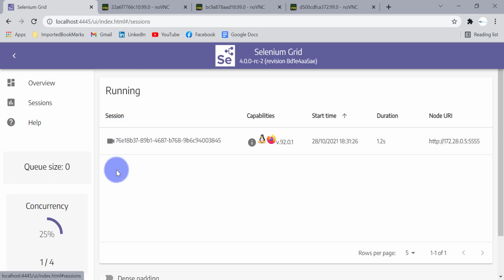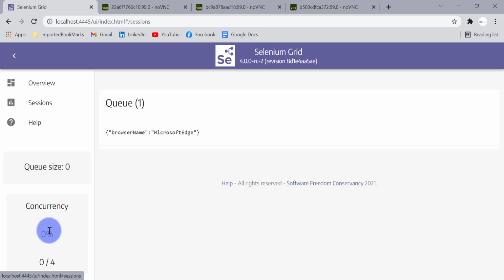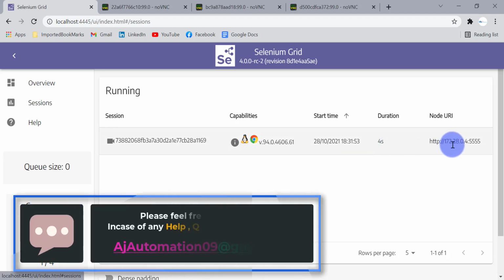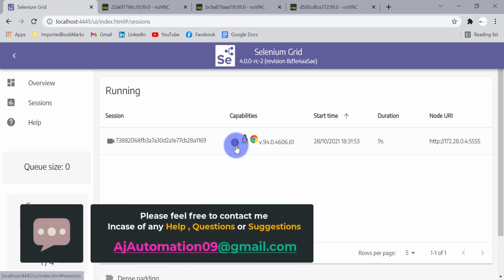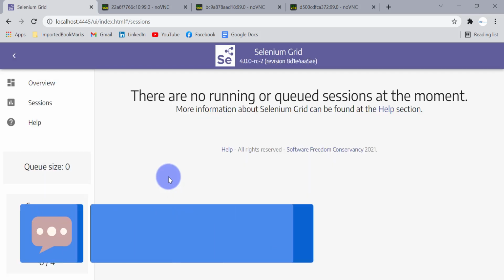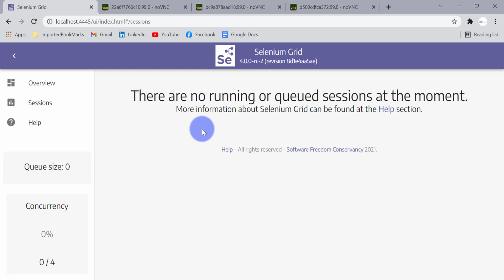These values keep changing as test case execution starts on the different browsers. We have a total of 4, 1 is executing, so concurrency is 25%. Another one for Microsoft Edge has started now, and this should be the last one. You can see here the capabilities set for this particular browser. Okay, so all tests got executed now and no sessions are running.